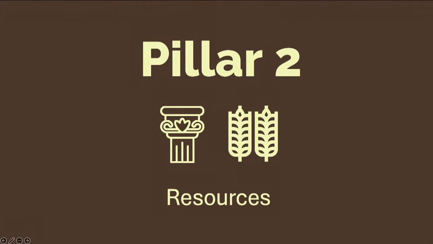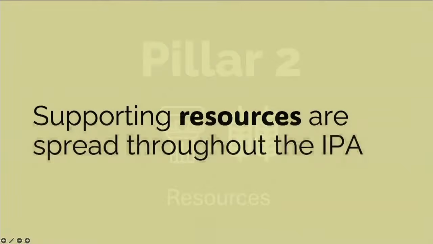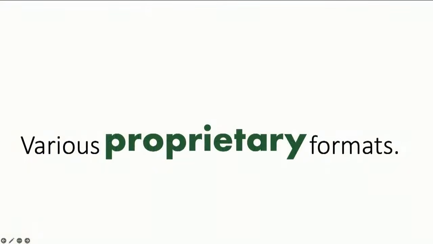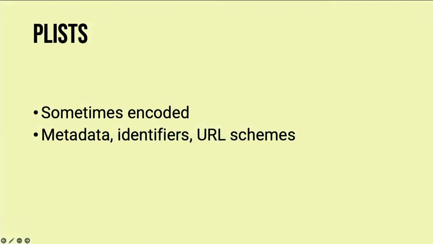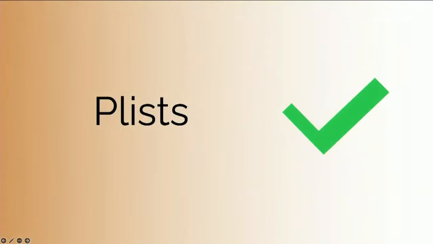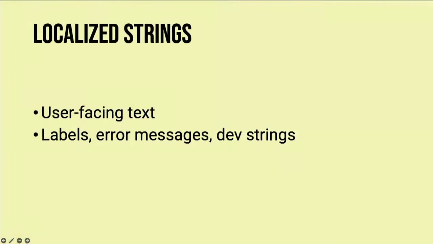And these two are really, really intertwined with each other. The supporting resources can be spread throughout the entire iOS IPA file, and it uses various different proprietary formats that we have to account for when we're trying to decode all of these resources. Sometimes they can be encoded, sometimes they can be in plain text. They can contain metadata, identifiers for bundles, URL schemes. There's just so much different data that can be combined into these. Luckily, we've already covered plists. We know how to decode these,